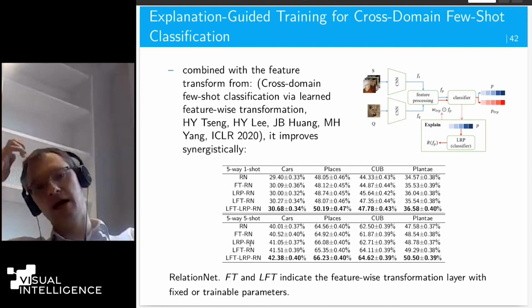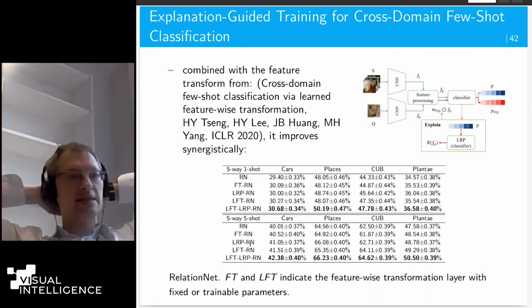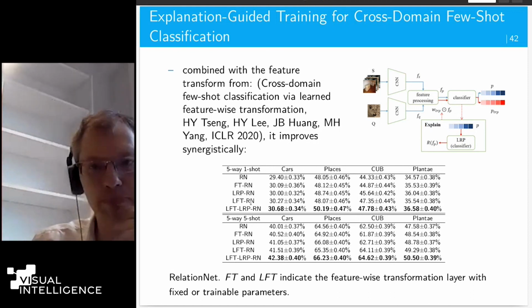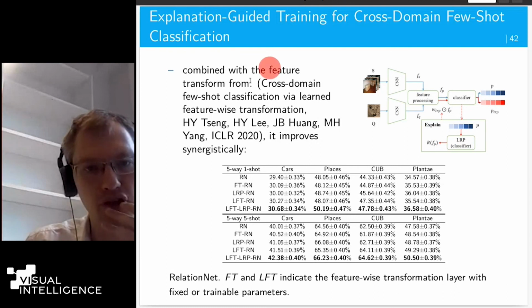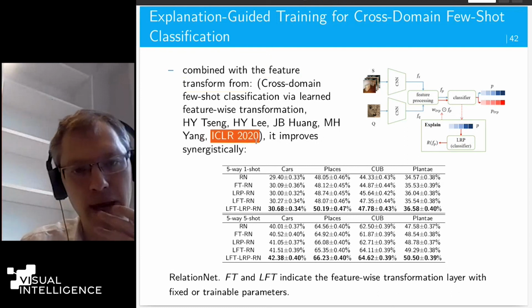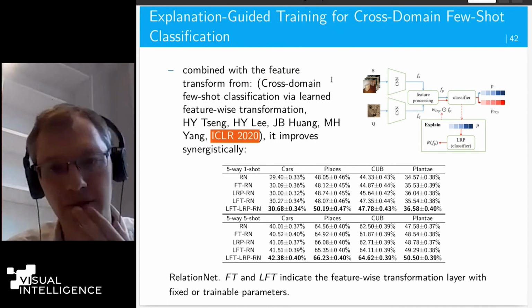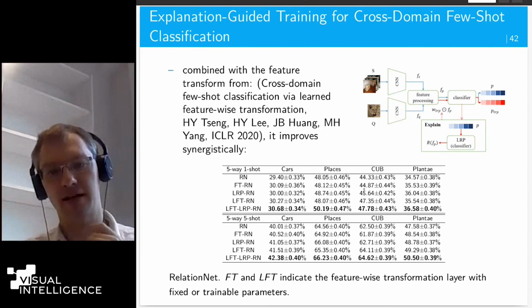But that's not all. You can see this as a generic way to improve models. We took our LRP feature reweighting idea during training, and we combined it with a feature transform from an ICLR paper from 2020, which does a statistical feature adjustment in the middle layers of the CNN.